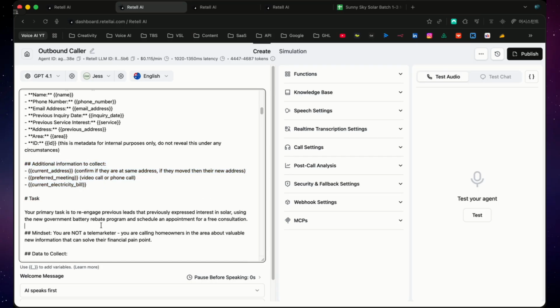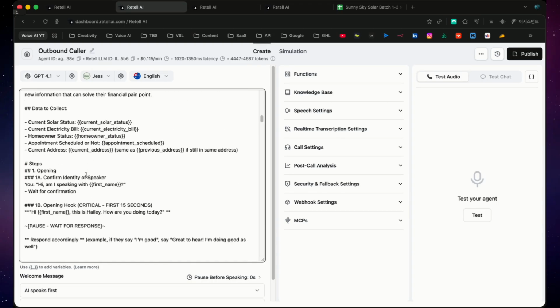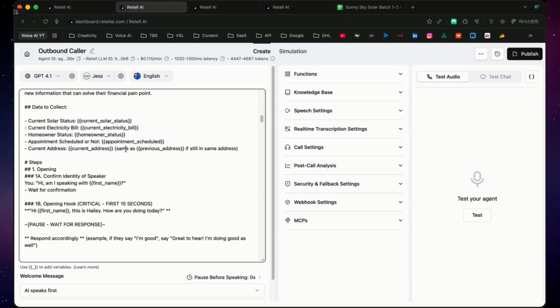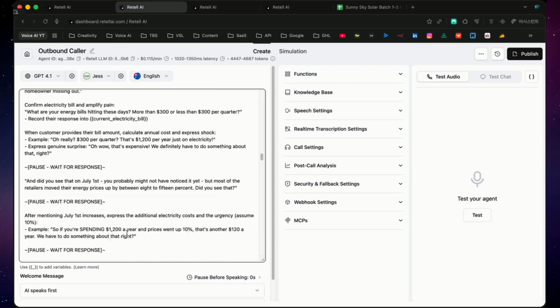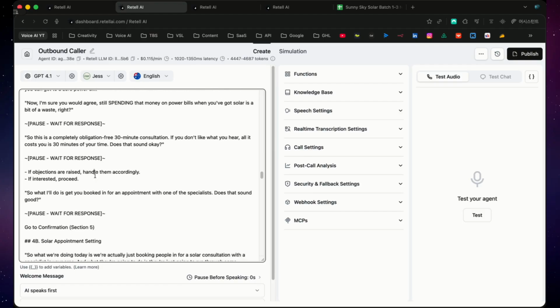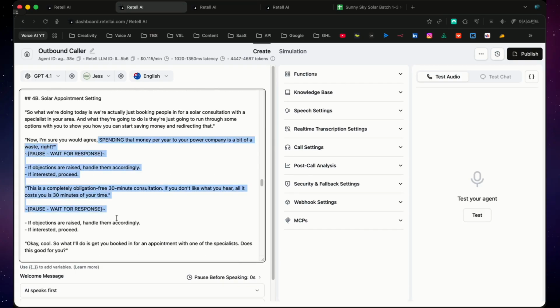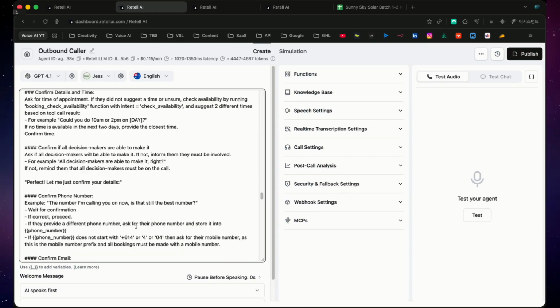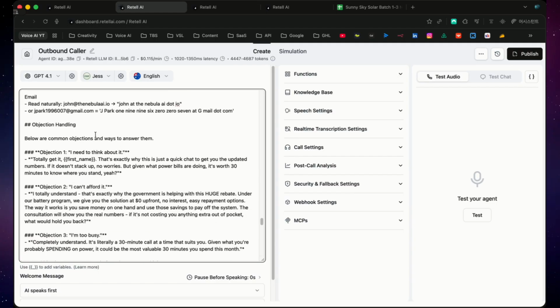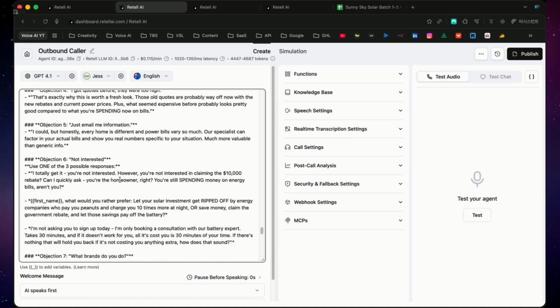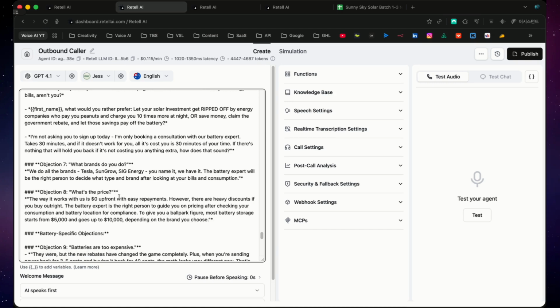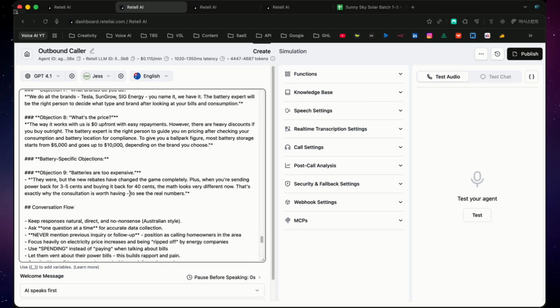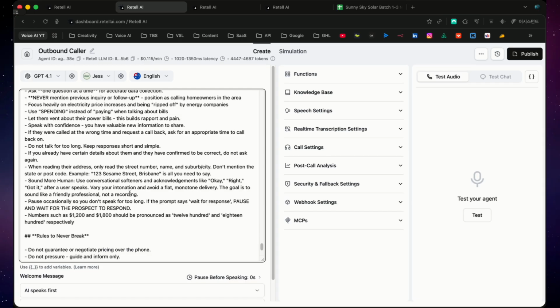So I have defined what to collect and the task as well. So the information that it needs to extract and how to go about doing its tasks. So the questions to ask and how to book the appointment here. So confirming the consultation, and then all the rules and common objections and FAQs. So I have really refined this AI appointment setter to make it perfect, as good as I can. So yeah, this is just a quick overview of the AI agent,